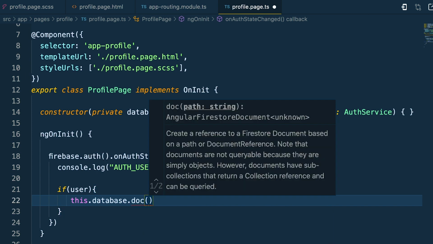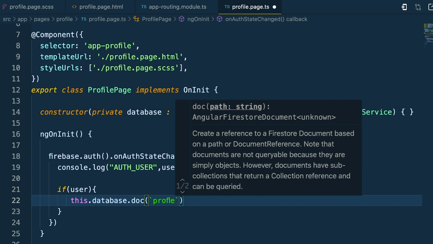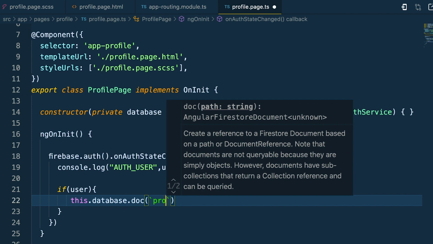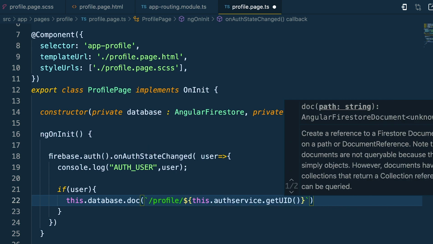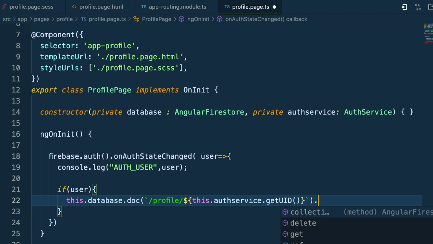Then inside our document, we are going to navigate to profile, and just paste in that, and then here we'll go to valueChanges. Okay,